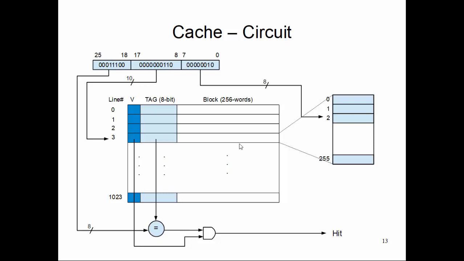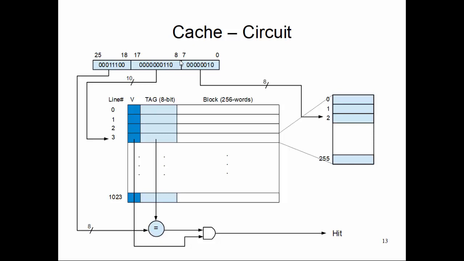How? Let's take this 26-bit address. We can just make it 32-bit as well, it doesn't matter. So here, what we are defining is my block size is 256 words, and there are 1024 cache lines, indexes 0 to 1023. Now, 256 words, which is 2 to the power 8, that means to make a block address from a given address, which is, remember,